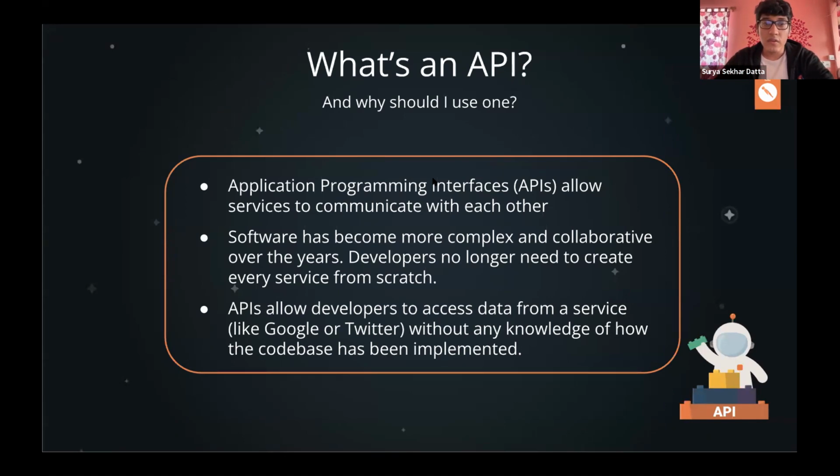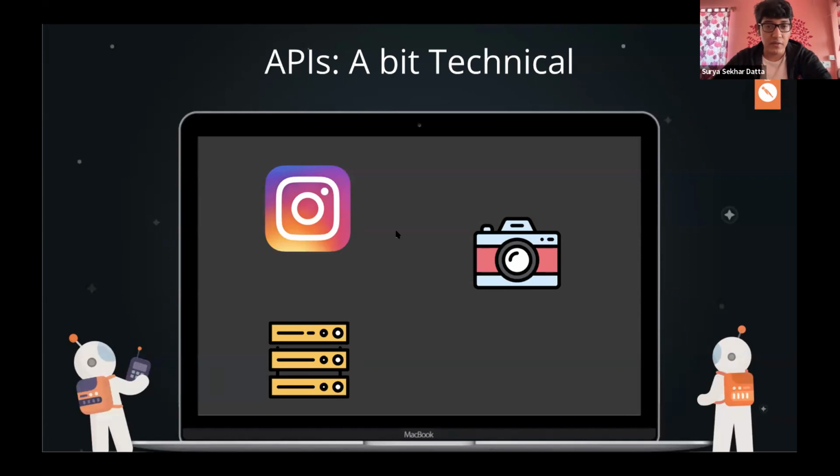Okay. So the wonderful thing about how development works is that you don't need to build everything from scratch. You can use multiple services other companies already offer. Some are free, some are paid. So much software nowadays utilizes APIs and they aren't going anywhere anytime soon. This is why we are hosting this session today, so that we can spread API literacy, and so that people can know what they are and how to use them to develop apps. Okay. So I'll just jump into a bit more technical aspect of APIs.